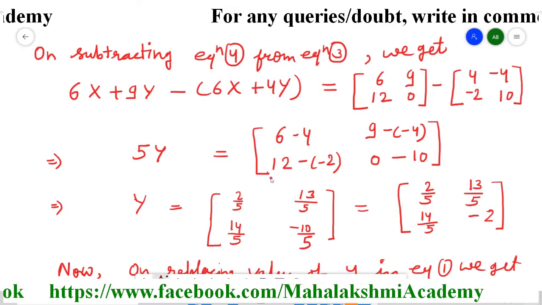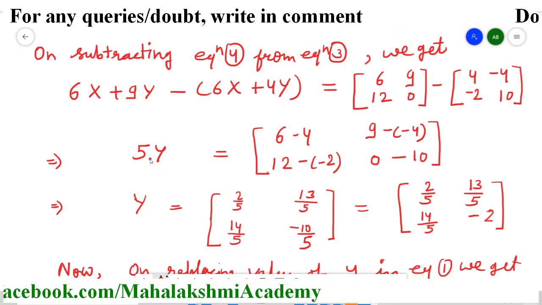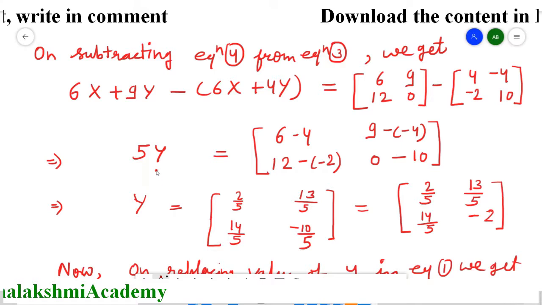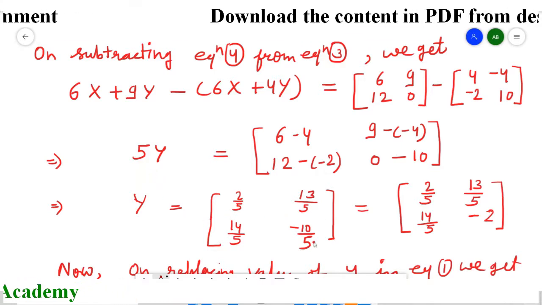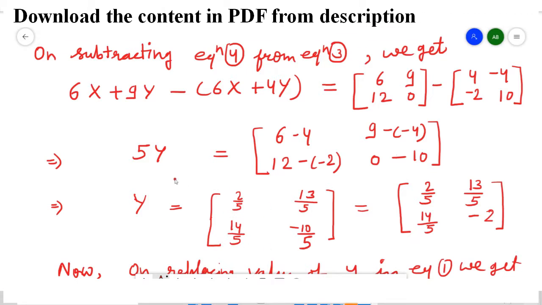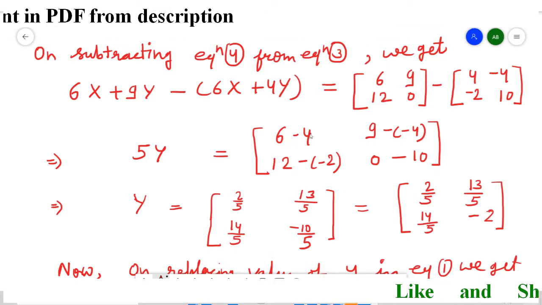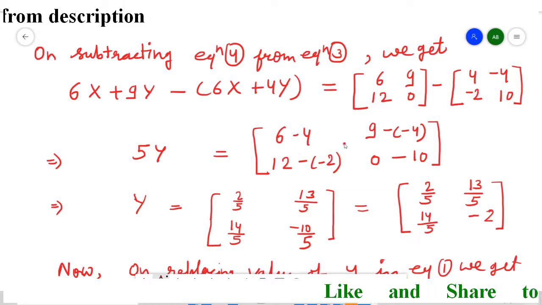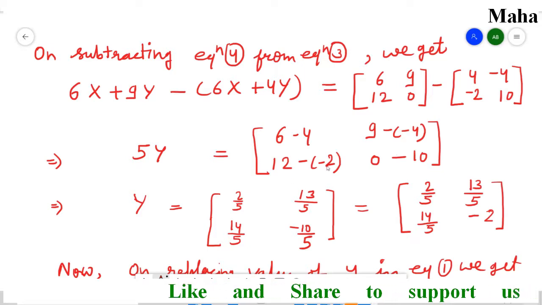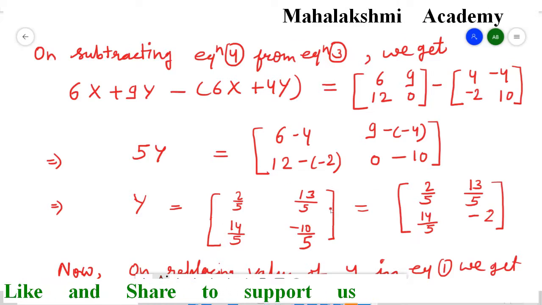6 minus 4 is 2. And additionally I shifted this 5 also, to reduce the steps. This 5 is in multiplication, so it will come here in division, and when it comes in the division, it will go under with all elements. So 5 came in the form of division, because 5 is a multiplier. Now their difference I wrote here: 6 minus 4 is 2, then 9 minus minus plus, so 9 plus 4 is 13, 12 plus 2 is 14, and 0 minus 10 is minus 10. So I hope this step is clear to you.